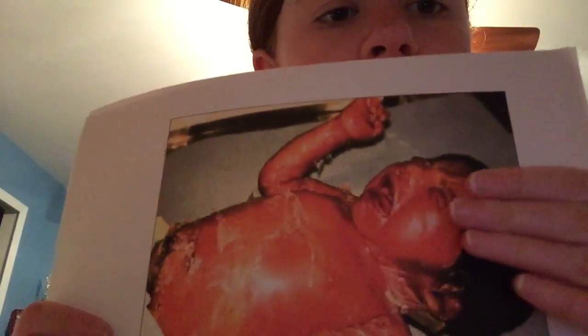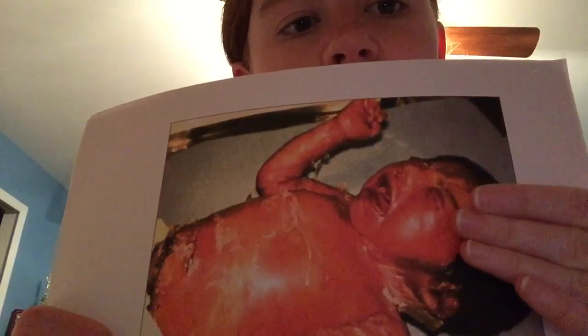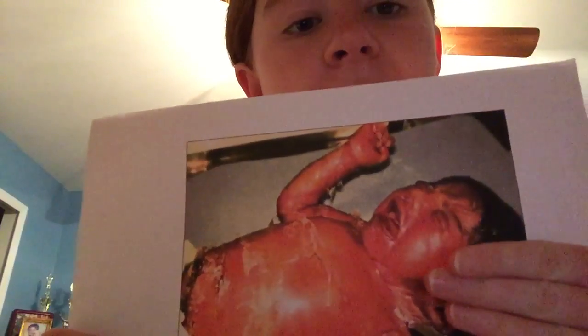Symptoms start at birth when children are born covered in a clear membrane called the collodion. The membrane can cause two conditions called ectropion and eclabium. If you look closely here, you can see that this child's eyes are red and that he has no visible corneas. This is because of ectropion, where the skin behind the eyelids pulls the eyelids back and turns them inside out. Eclabium is a similar condition that happens to the lips, and in newborn children it can cause difficulties with